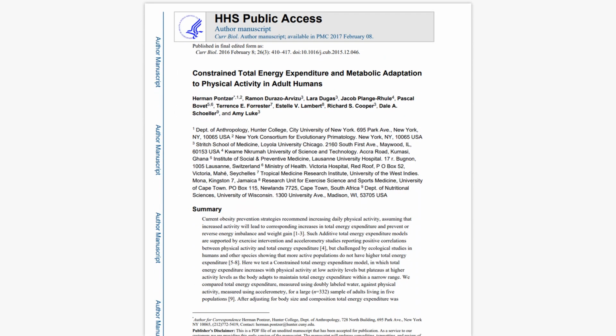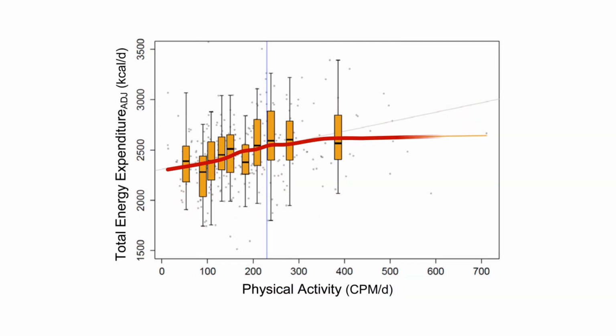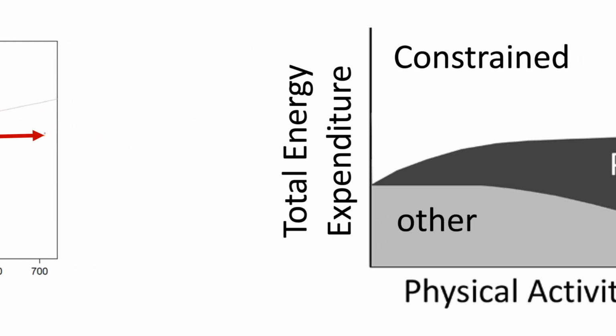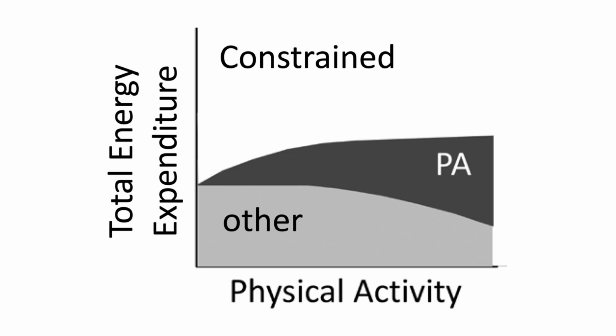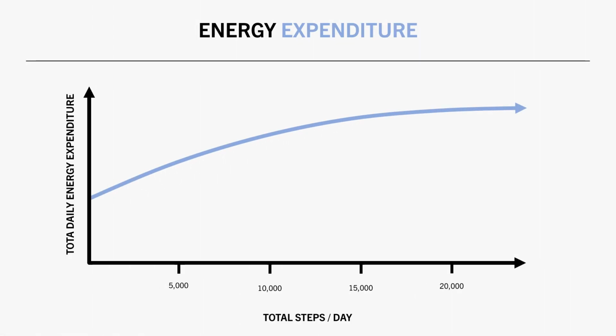However, the relationship between exercise and energy expenditure is a fairly complex interaction, and it isn't entirely understood. This study aimed to assess the influence of physical activity on total daily energy expenditure. The available evidence showed that more exercise generally results in greater total daily energy expenditure, but seems to plateau with high levels of exercise. So based on our current understanding, energy expenditure seems to be somewhat constrained. More exercise does tend to result in more calories burned, but other components likely compensate, so the net result isn't quite as high as what we would expect.